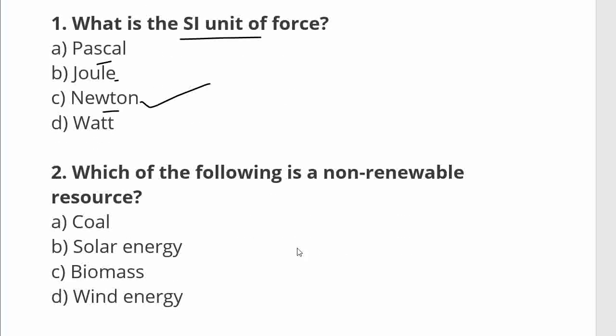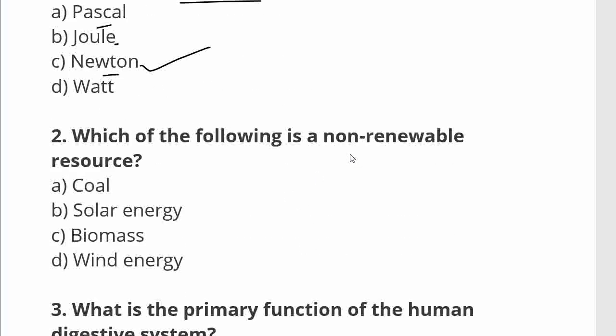Now the next question: which of the following is a non-renewable resource? Options are A. Coal, B. Solar energy, C. Biomass, D. Wind. Then the right answer is option A. Coal is a non-renewable resource